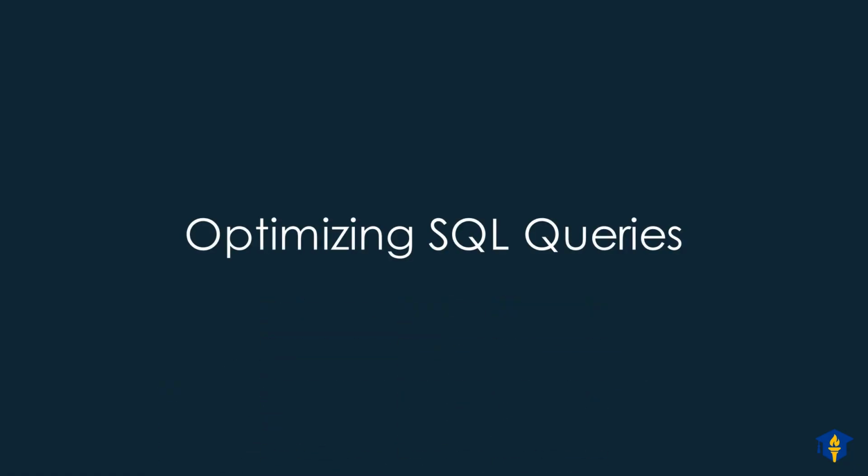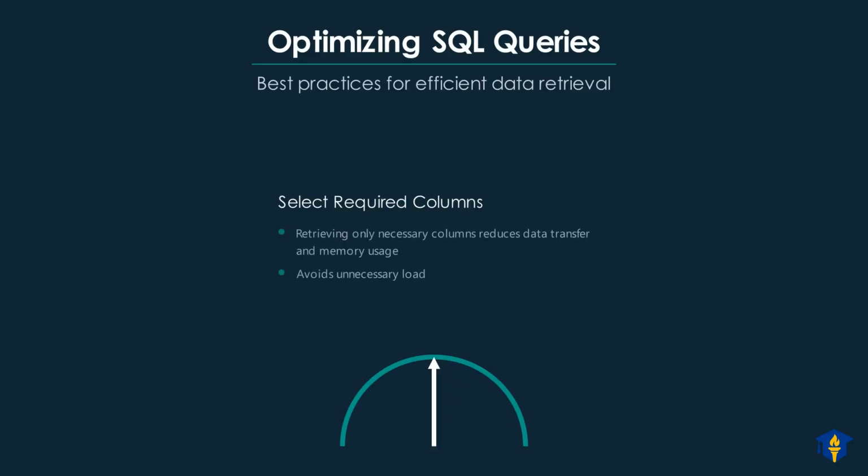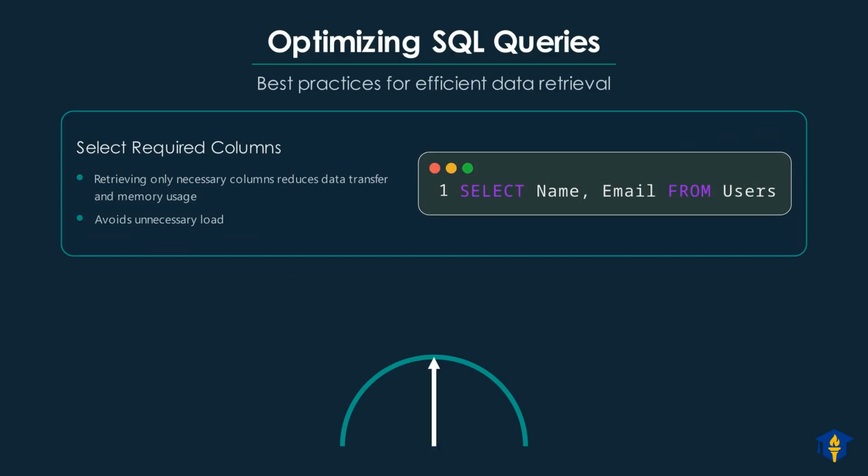Let us now focus on optimizing SQL queries for better performance. These are best practices that ensure efficient data retrieval and database operations. Our first best practice is to select only the required columns from your tables. Retrieving only necessary columns reduces data transfer and memory usage. It avoids unnecessary load. This query efficiently retrieves only the name and email columns from the users table, minimizing data